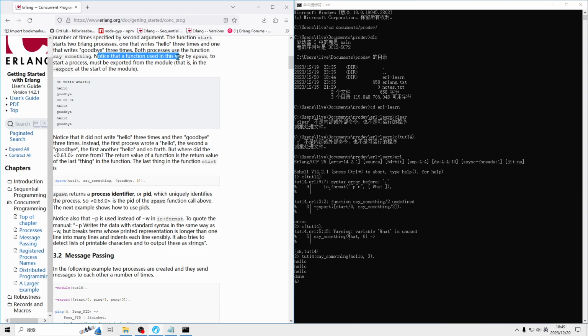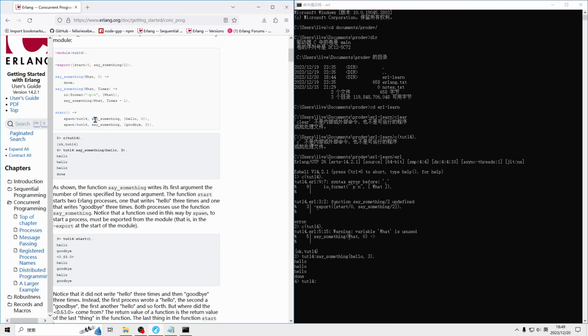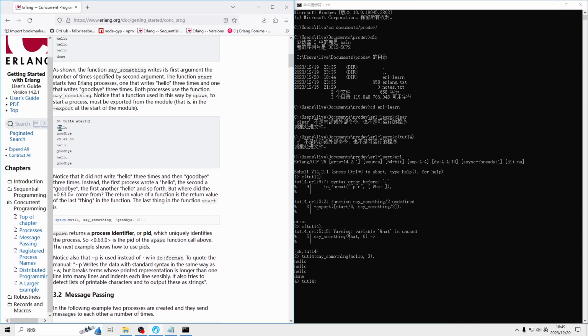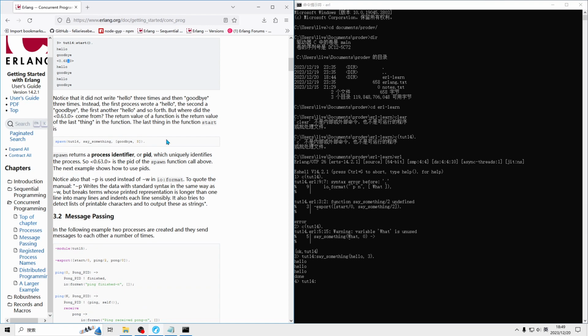所以用了导出还是 tut14。note 被 spawn 用的函数必须在导出模块中。它执行的 hello goodbye，tut14:start()，hello, goodbye 以及 PID。